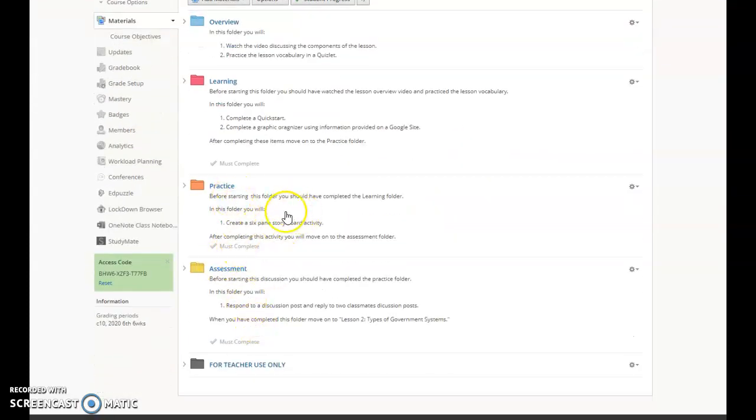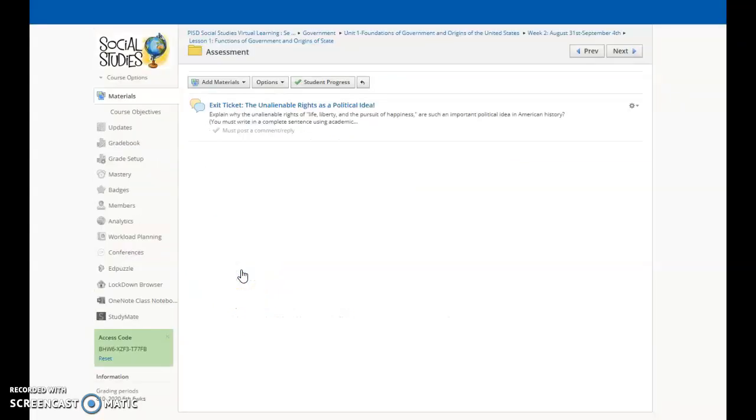And then after they do the 6-pane storyboard, they'll go into the assessment. And the assessment is a discussion board posting. It says, explain why the unalienable rights of life, liberty, and the pursuit of happiness are such an important political idea in American history. And it tells the students that they need to respond to this and then reply to 2 students' responses. So make sure that when you set this up,